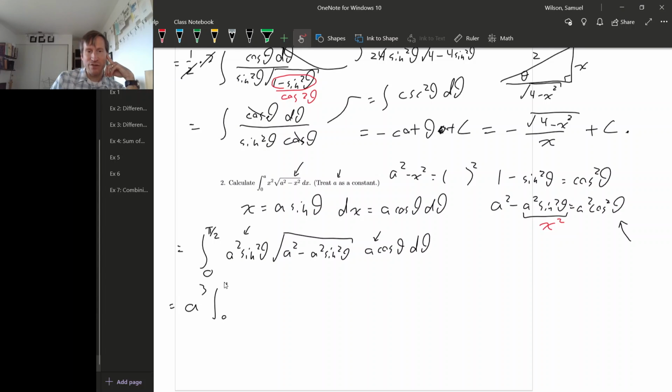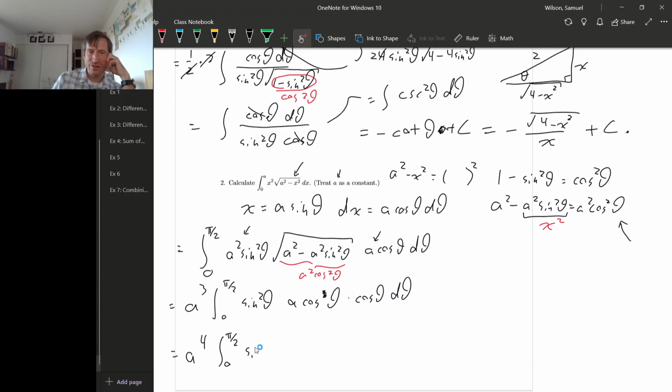Integral from 0 to pi over 2. We have sine squared theta. Inside this square root, we have a squared cosine squared theta. And the square root of that is a times cosine theta. All right, times this other cosine theta at the end, d theta. All right, so now we have one more factor of a to move out front. So a to the 4th, integral from 0 to pi over 2 of sine squared theta times cosine squared theta,